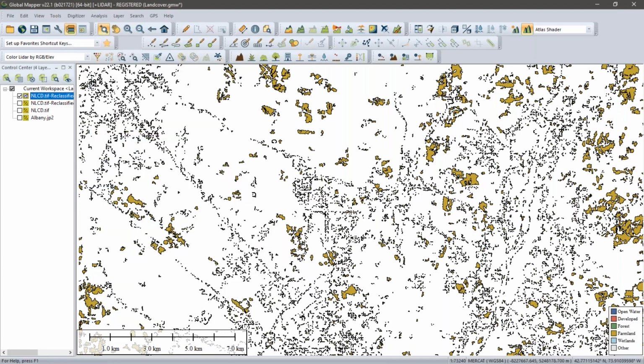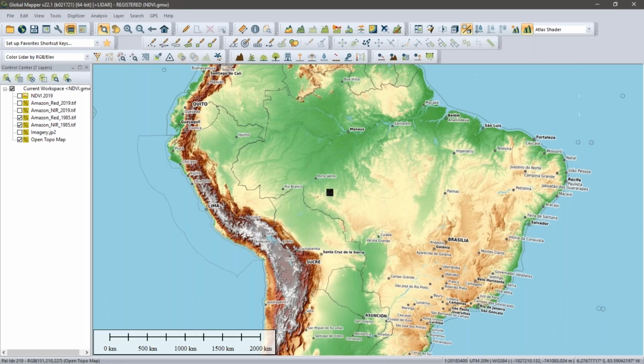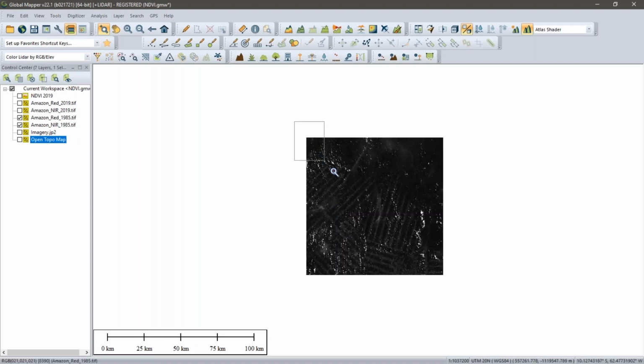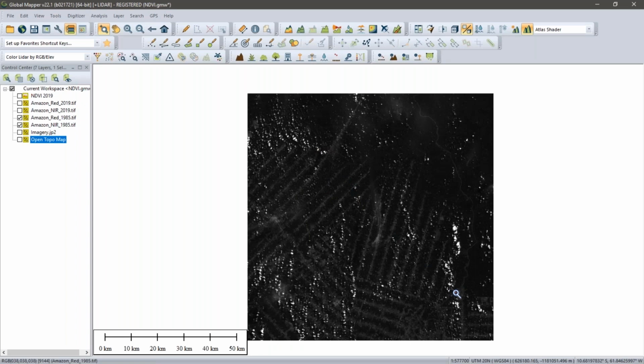Now, for this example, I'm going to shift geographically. Those of you who are geographically astute will recognize I'm here in South America, specifically western part of Brazil. I want to turn off that reference data. By the way, the background data is simply some streamed topographic data from my online services, which we referred to before. I'm going to turn that off now that we know where we are. I'm going to zoom in a little closer, and what we have here is at least visible, we have a single tile of